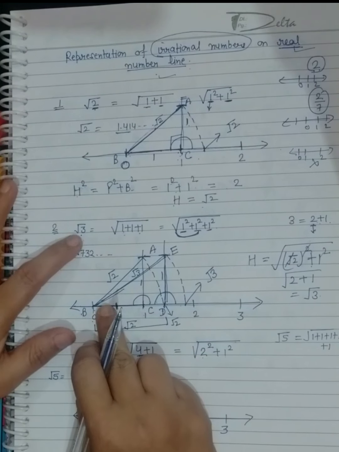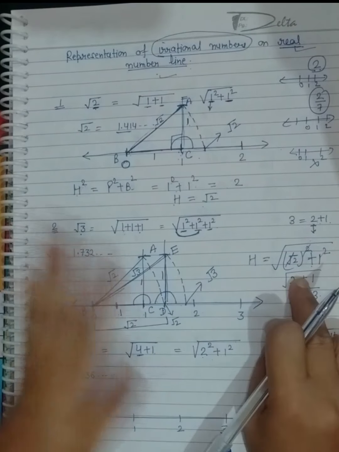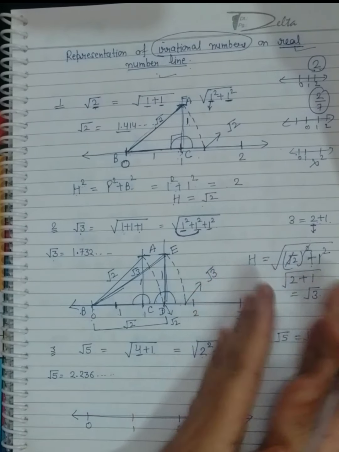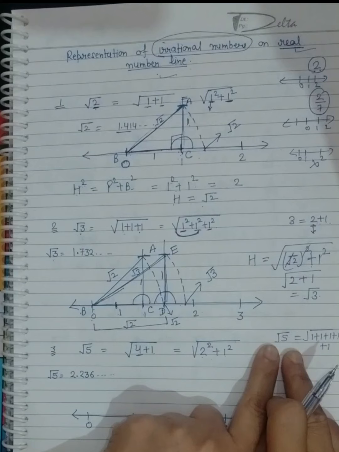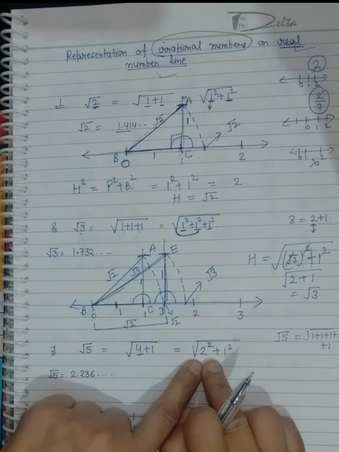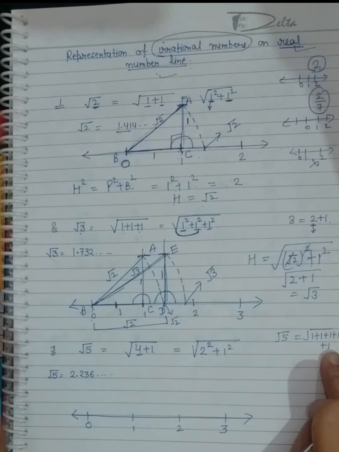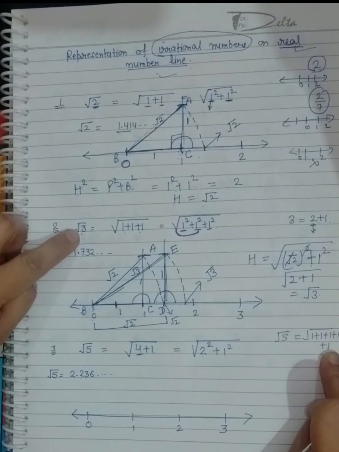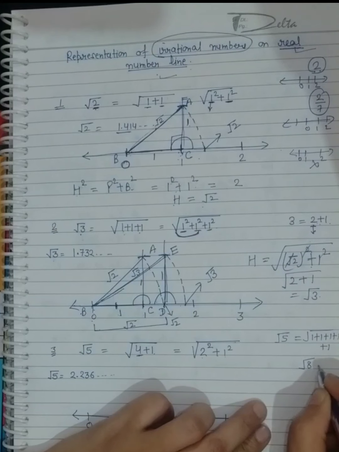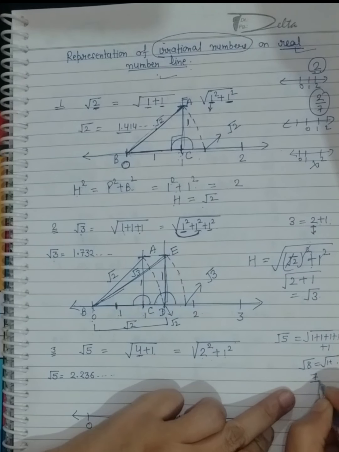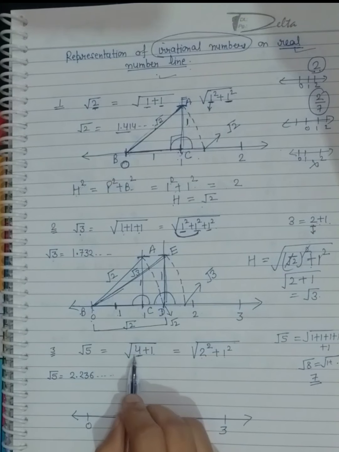It was compulsory in root 3, because in root 3, the perfect square before it was root 2's square, but some students may have understood and some not, so we did it with 1 plus 1 plus 1 only. But for root 5 it is not compulsory, because before root 5 comes 4, which is a perfect square. If we make it the other way, then we have to draw four right angle triangles, because for 3 it was 2 right angle triangles, for 5 it is 4 right angle triangles. Same if we draw root 8 like 1 plus 1 plus and so on, then 7 right angle triangles we have to draw, so it will be a lengthy method. So we have converted it into 4 plus 1.